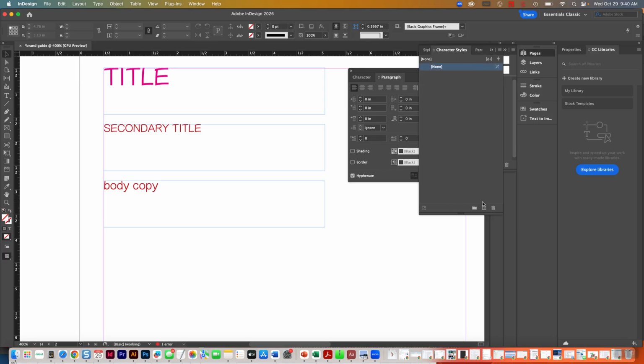Character, I'll show you character, even though it's not that complicated. I won't even name it. I'll just leave it at that. So for this one,